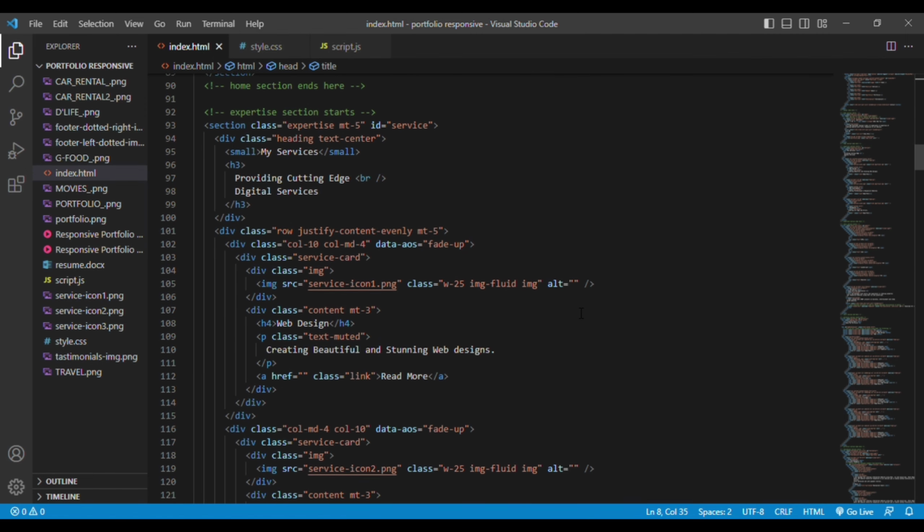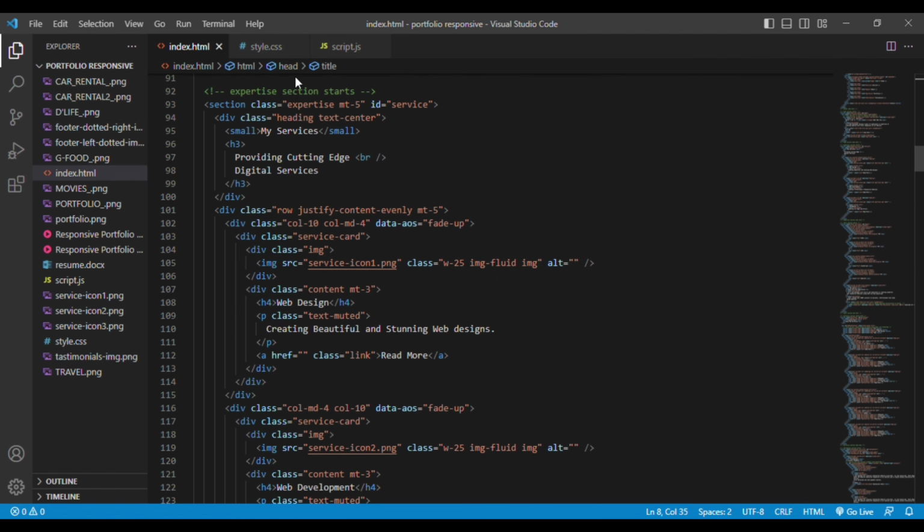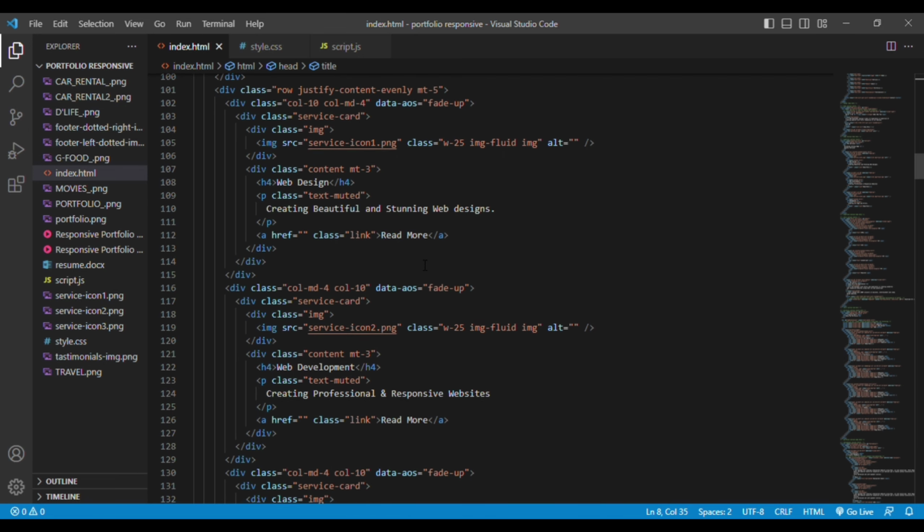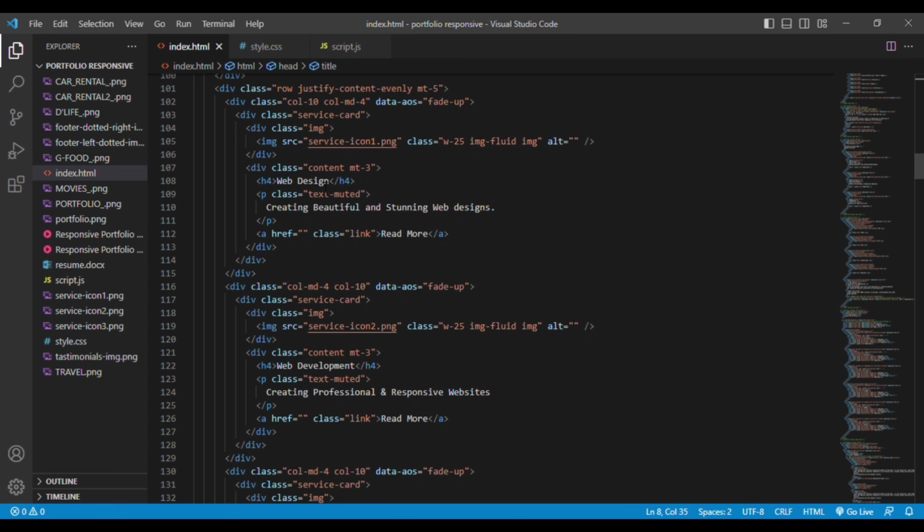Then after the home section we are in the expertise section, that is our services. Here you can see I am using div. The reason why I am using div is so that I can make every section separate. So here I am using a div for heading purposes, that my services are providing cutting edge digital services. These will be the heading section, so I put them in one div. And then I am using another div for adding the services, like here I am having web design h4, you can see, and the